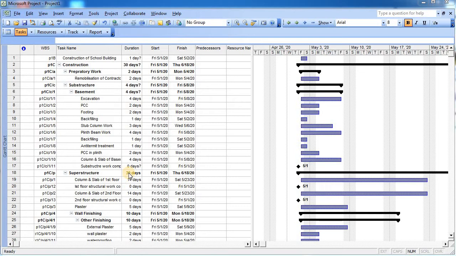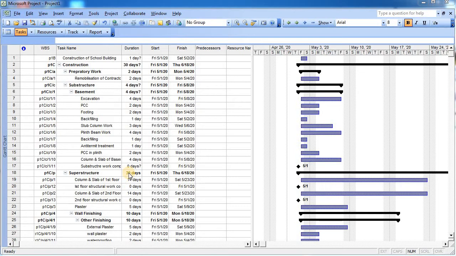Now the next step is related to the creation of the recurring task. A recurring task is something which repeats maybe after some particular days, like a 4 days gap or 5 days gap, or maybe at the end of every month. One such type of recurring task is a meeting. So now how to enter the recurring task, we will learn that part.